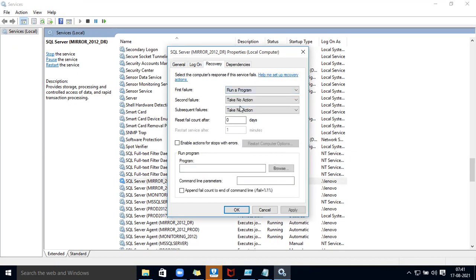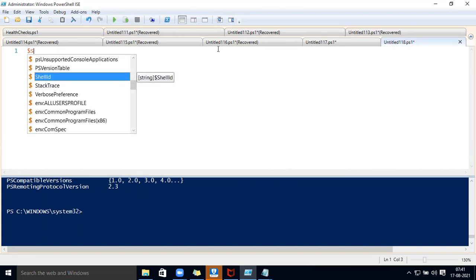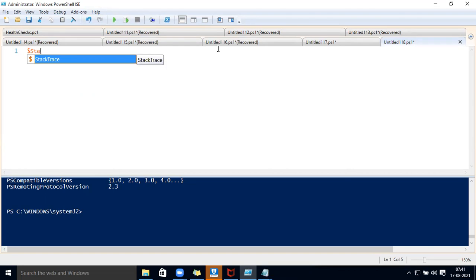you can go with the run a program also. If that is the first failure, you will start it, and if it is not started or it is failed. So how we can perform, or we are going to write a program where here we are hard coding the server name, service name. Later we will see how we will pass the parameter. So how we can declare any variable, you can give dollar and any name. I am giving the status. Get status means this is the variable. Inside the variable, what parameter we are going to pass, it is going to be stored into that.